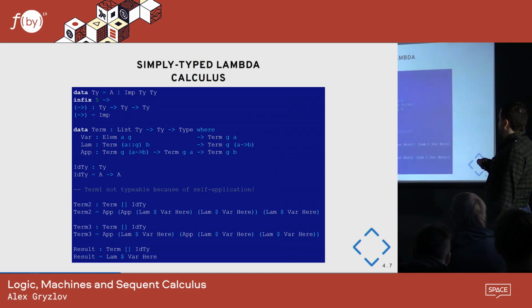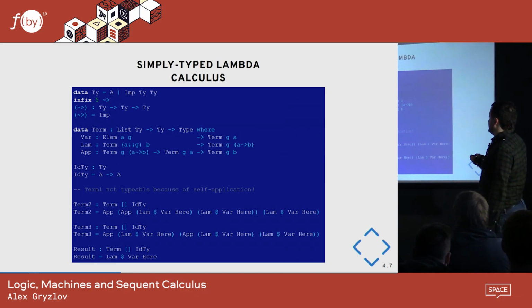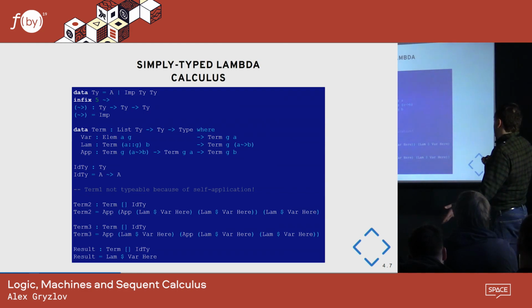And then you have these same 3 things, but now your term is indexed with these contexts and types. The context is just a list of types of free variables. The var case is then, if you give it a proof that your element is inside this G, a term of type A with the context of G, and so forth with lambda. Lambda pops off the top, the 0th element in the context, and forces it to appear in the type, and the application does the opposite. So if you have a function and an argument, then it applies.